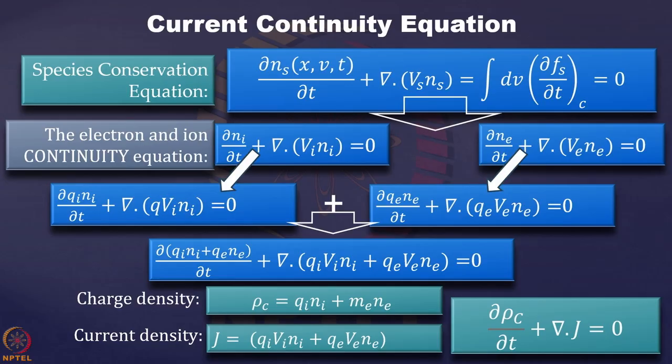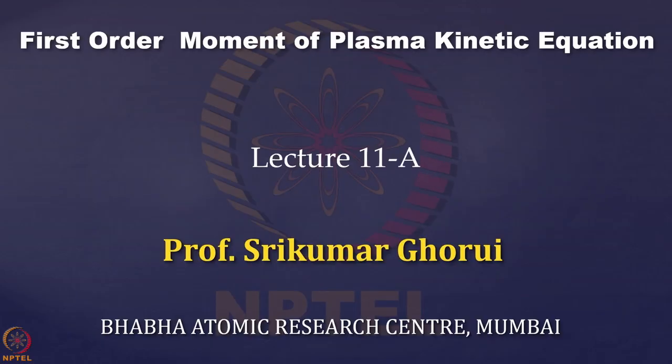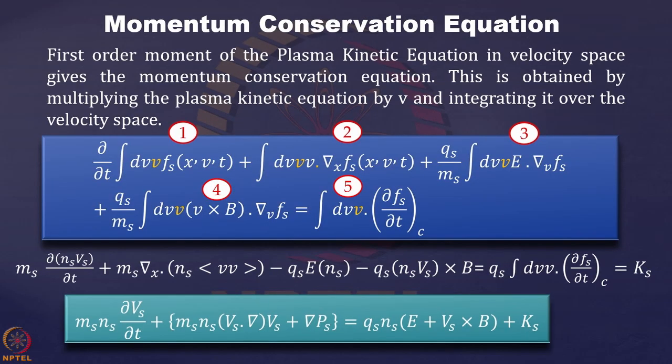Now, what we are going to do in this class is take the first order moment of the plasma kinetic equation, and as we already told, we will be getting the momentum conservation equation from this first order moment. So let us try how it goes. We start with the plasma kinetic equation. You just remove this highlighted V in this, so that is nothing but your plasma kinetic equation